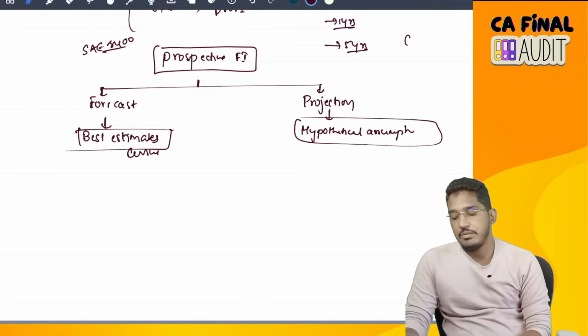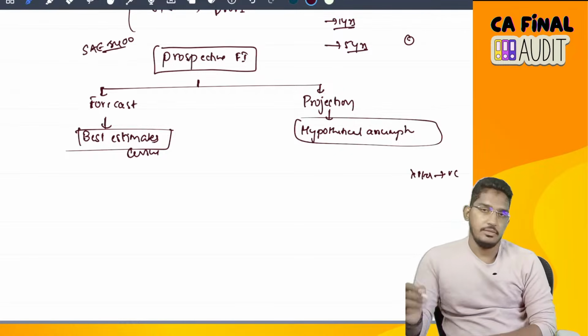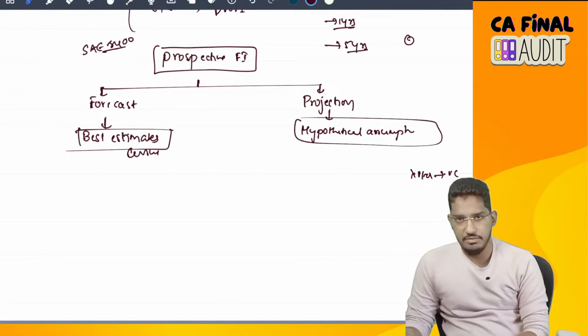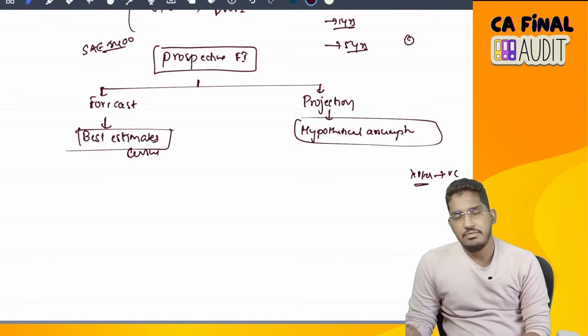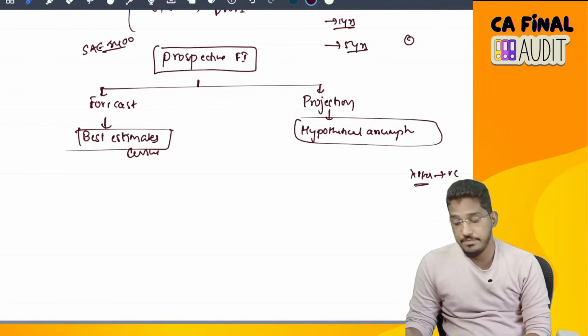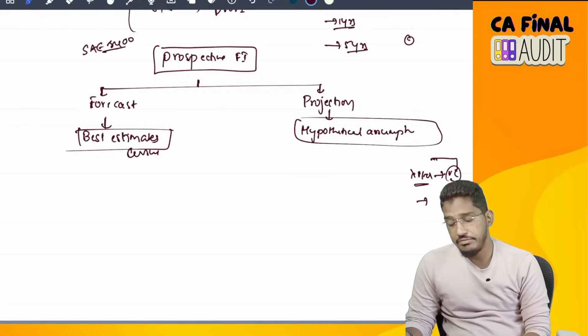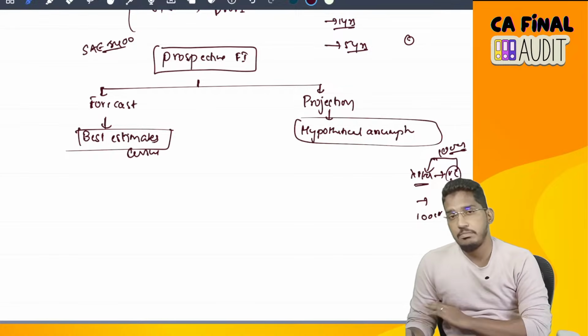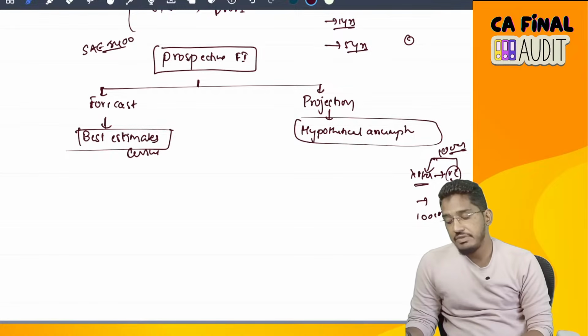Like, one company, X Limited, is there. They need funding from a venture capital firm. So now what they have done is they are going for a pitch that they need funding from the venture capital firm. They have prepared the next 5 years' forecast, 5 years' projection, where they have told that if the venture capital firm will invest their money in the company, if they give 100 crores of funding to the company, now these 100 crore rupees they will invest in one big plant and machinery,